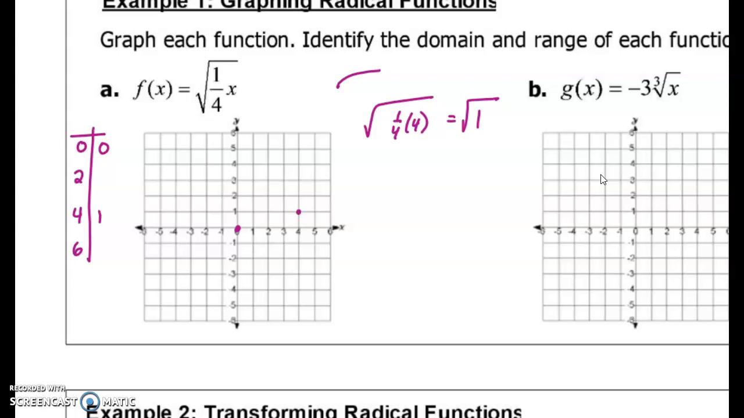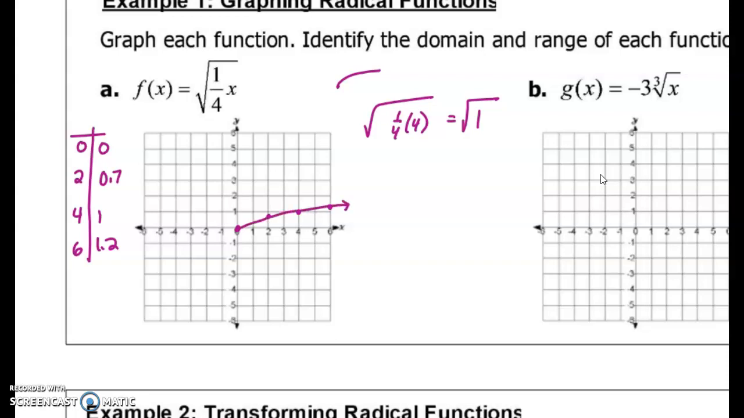Now, if you wanted to get more specific, that's where you can use your calculator and find out that when you plug in 2, you get 0.7. And when you plug in 6, you get 1.2. But if we're having no calculator, then I would just do ones that work out nicely. And so that graph